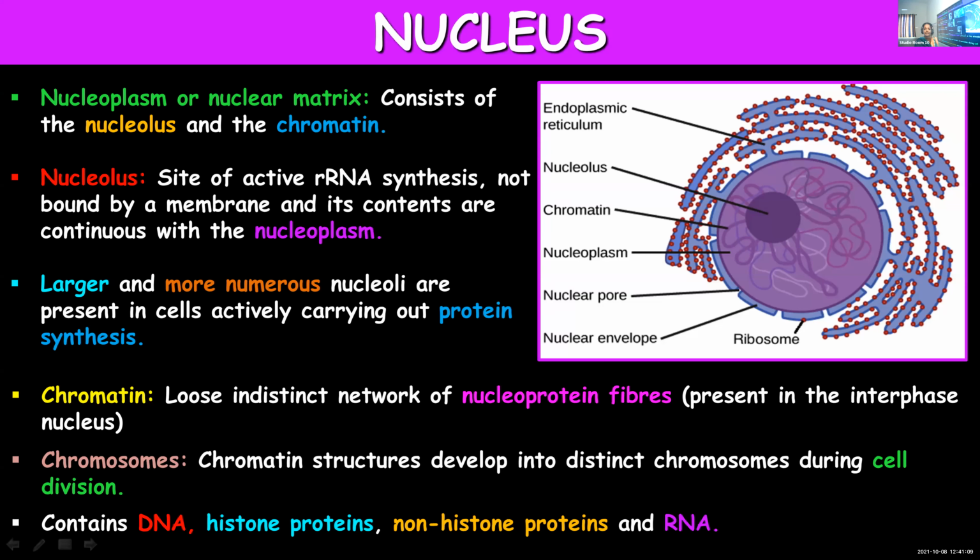Then chromatin, these are loose fibers. These are thread-like structures scattered inside the nucleus, and in the resting stage, when the cell is not dividing, they remain like this. When the cell is about to divide, they get condensed, thick and short and form what you call chromosomes. Chromosomes are made up mainly of DNA and proteins. Along with that, RNA can also be found, and proteins are of two types, histone and non-histone proteins.